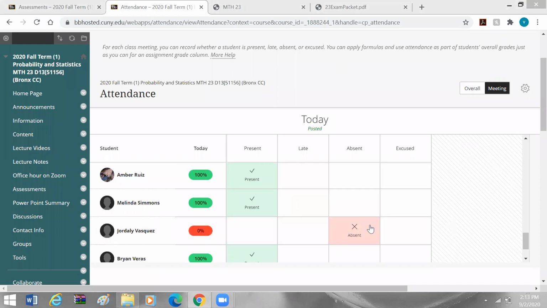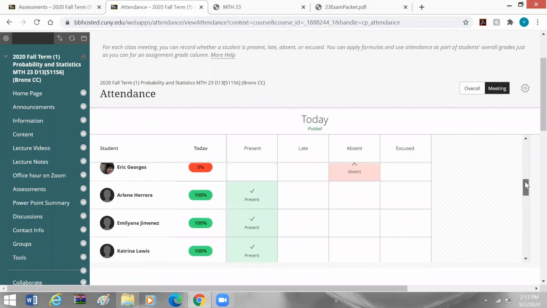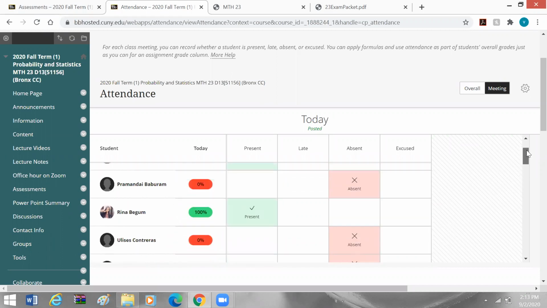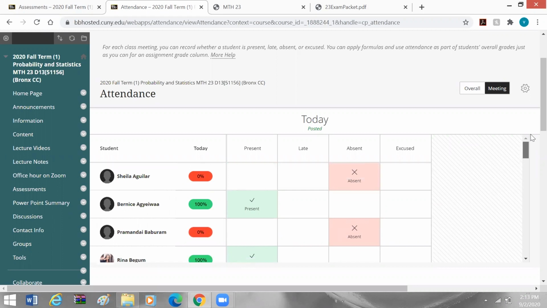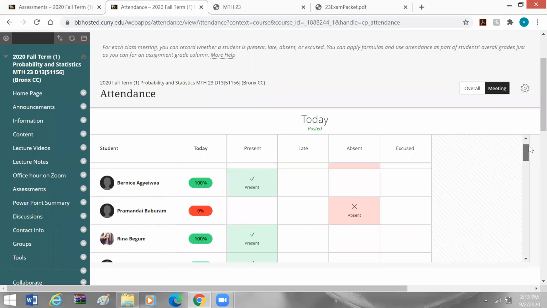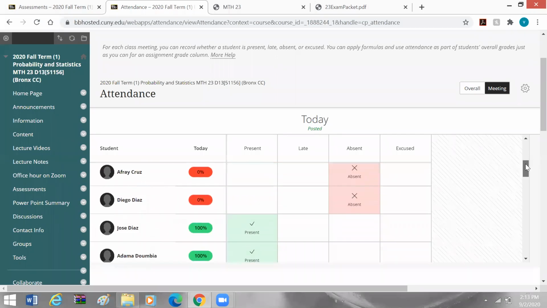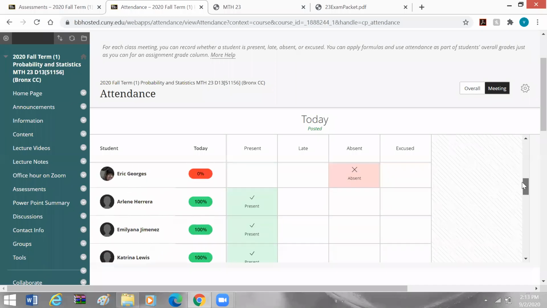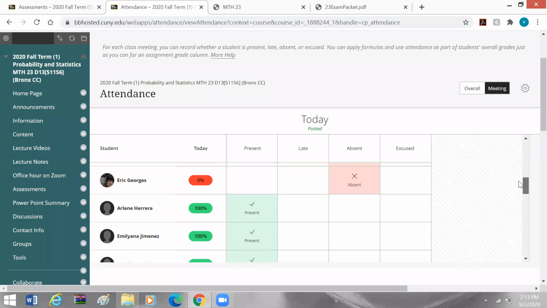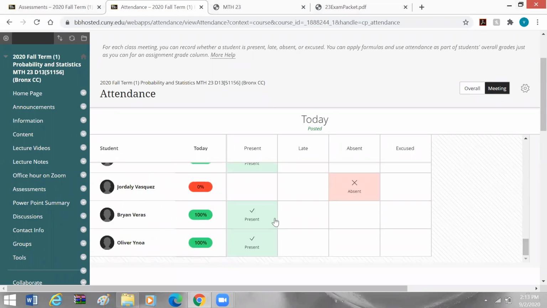I would say if you came late, just let me know. I just saw one person coming, and I just marked present for that person as well. Just making sure I don't miss anybody. So that person just came in. All right. Any questions, sir? Brian, what's your last name, sir? Veras. Okay. Let me just double check that real quick. Yeah, I got you, sir. So no worry about that.